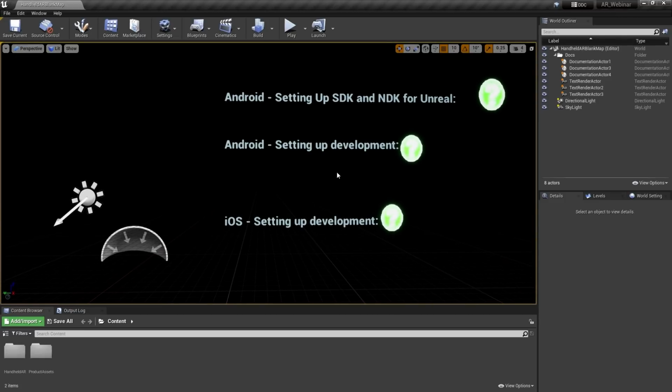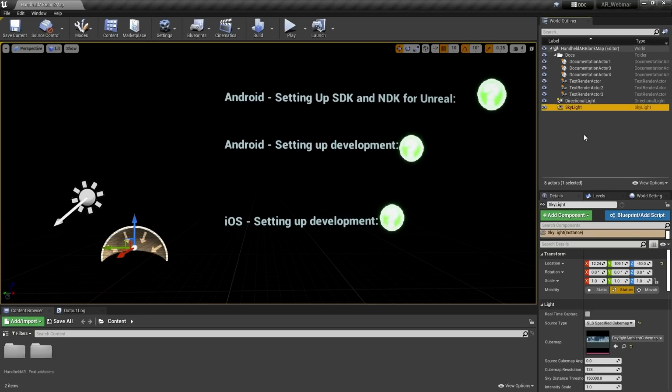So before I deploy this to my tablet, I want to just give you a quick overview of a few things that are happening in this default project. Because right off the bat, it doesn't look like much, right? Like there's a couple lights and then all the help things that we clicked on previously. So the way the lighting model works is there's a directional light and there's a skylight. The skylight has a cube map that's defined. It's just this kind of default ambient map that's going to be used for the reflections.